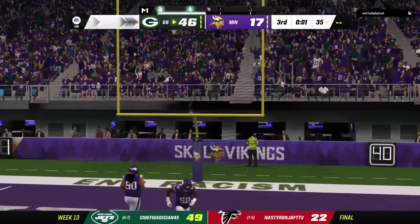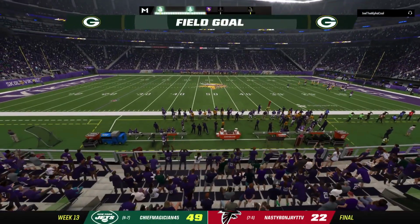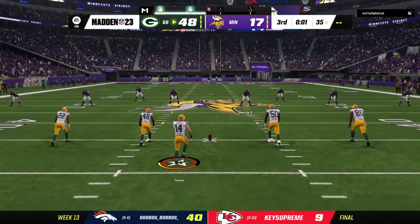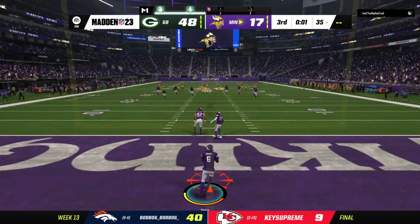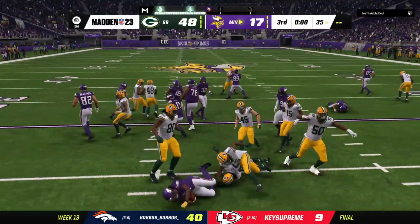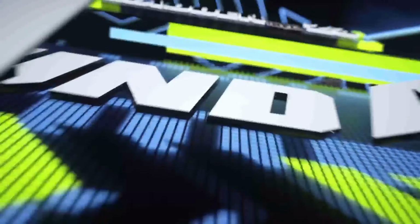Tucker's kick is good. So he's been automatic to this point of the season, and he connects on the field goal there. And what a luxury it is to have a kicker you can depend upon, partner, because he hasn't missed all year long. Converts on that one as well. And kudos to you. You didn't jinx him. Well, from deep in the end zone, he's going to bring this out. And he will be taken down here on the return on what will wind up being the final play of